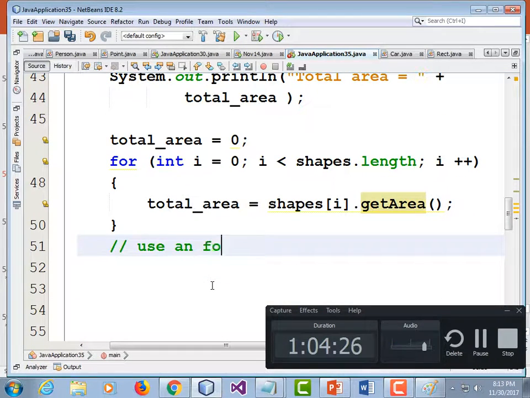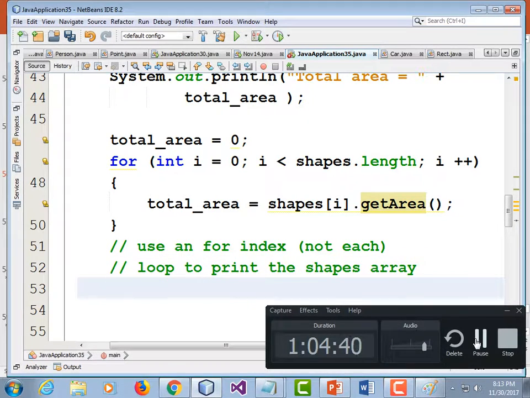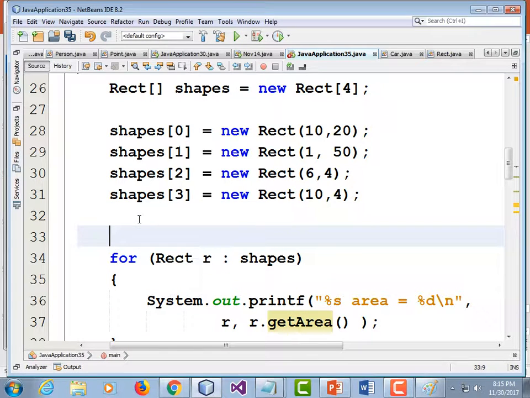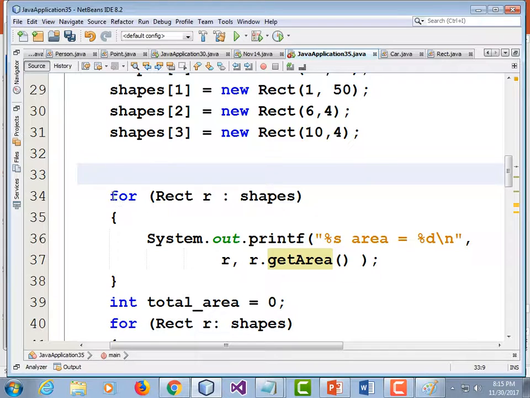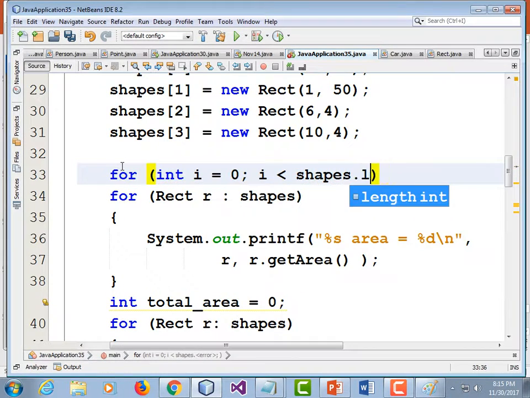Use a for index, not a for each, loop to print the rectangles, the shapes array. So I'm just going to tack on my loop that prints above my first for loop that printed. I know y'all put yours further down. But for int i is equal to 0, i is less than what? It needs to be less than the length of the shapes array. So shapes.length, semicolon, i++,